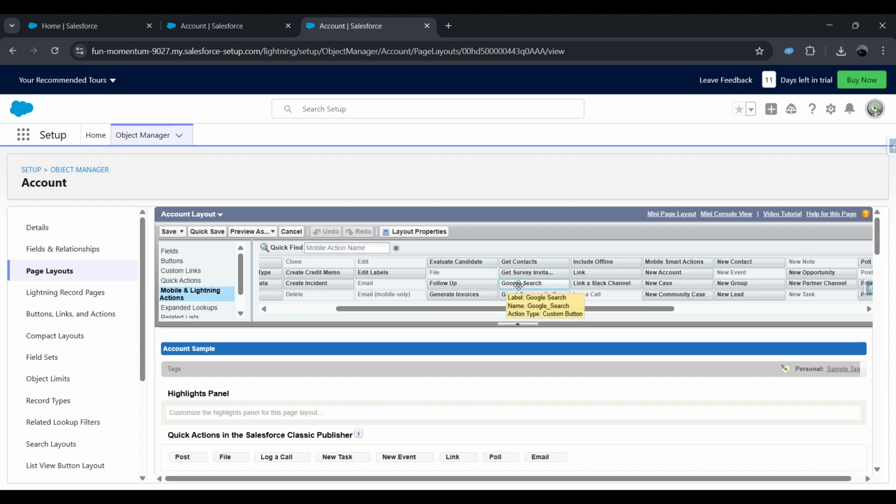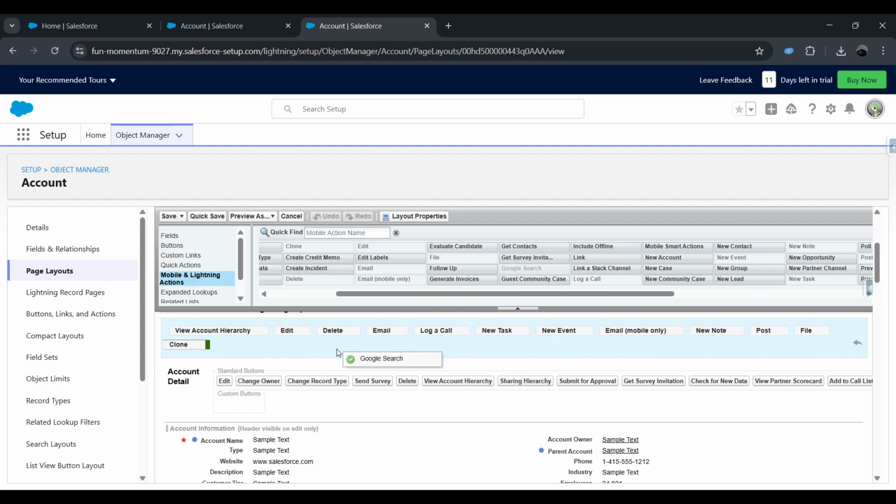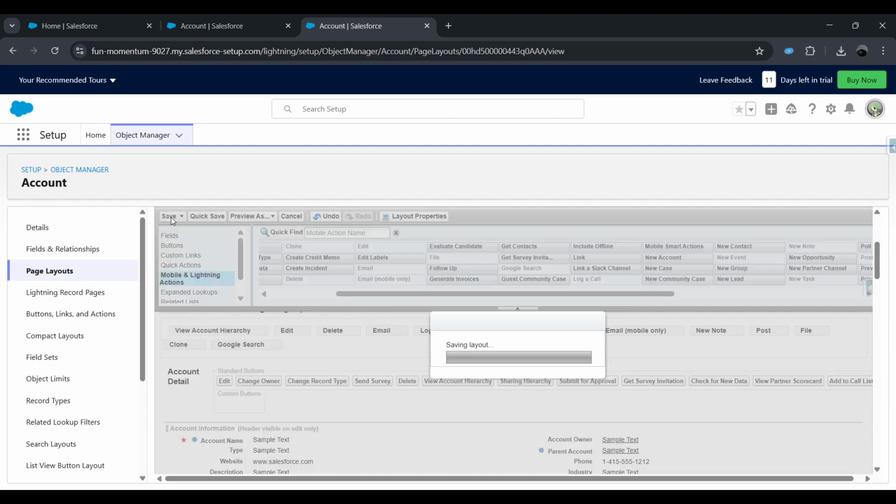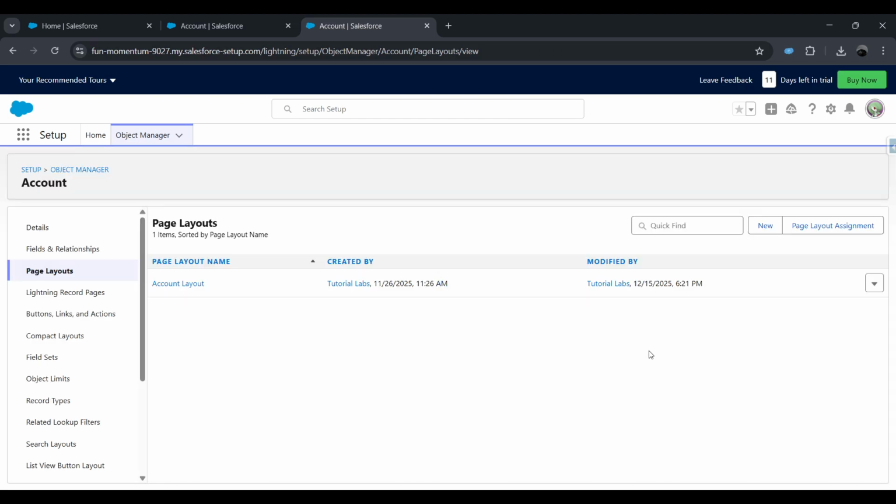From the palette above, find your newly created Google Search button and drag it into the Salesforce Mobile and Lightning Experience Actions section. This placement makes the button visible and functional for users. Finally, click Save to apply your changes to the page layout. Your custom Google Search button is now live on your account records. Users can click it to instantly search Google for the account name, which is perfect for quick research or verification,